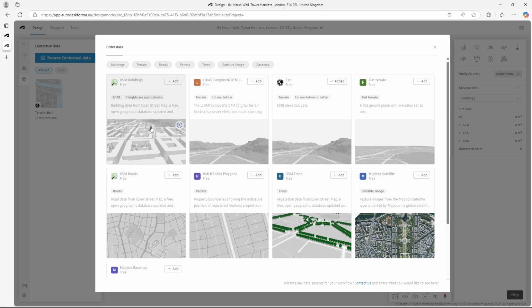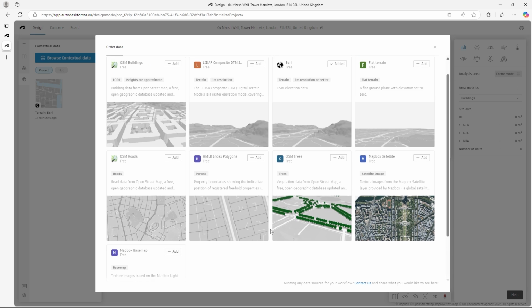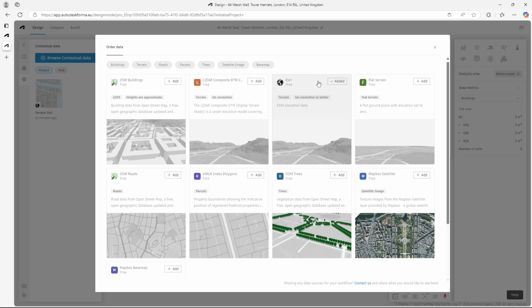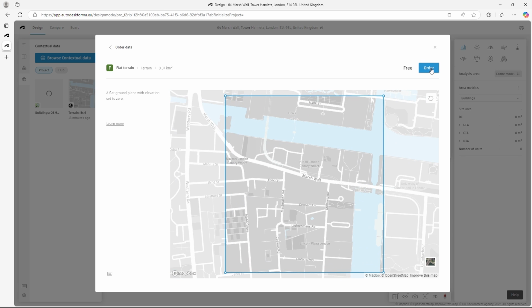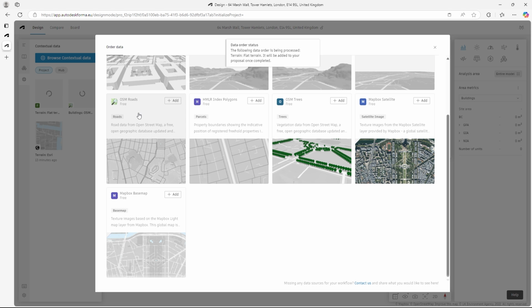From here, I can load different data sets. You can actually see what was added. We have the ESRI terrain model with 1 meter resolution. That is pretty good. Therefore, we don't need another terrain model. We can load the buildings. Just click order. Let's also load this flat terrain. That could be quite useful when modeling. We can load the roads,